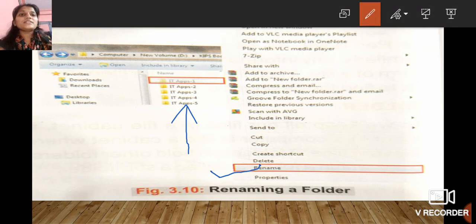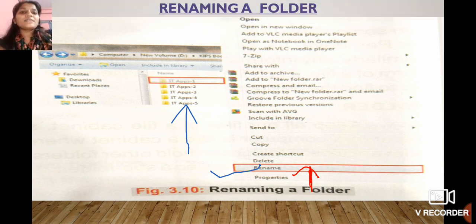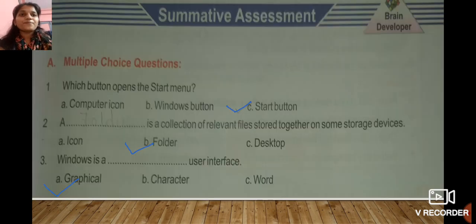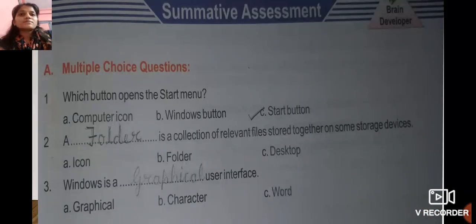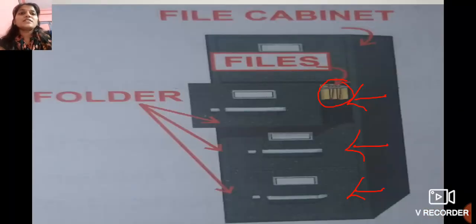As you all can see that rename is there from the bottom. Okay, as we all can see that rename is the second last option from down. So when we click on the rename option, at that time we get the box where we have to enter our new name of the file. Okay, we have seen the image for files and folders also.